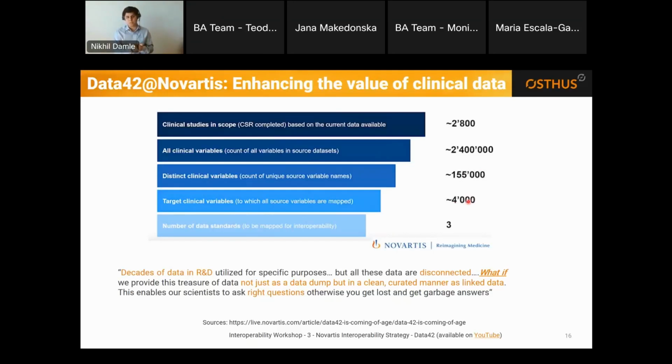The point that I would again like to emphasize here is that any of these individual clinical variables would not have told you so much about your research or the results. But now when they come together, when they become interoperable and linked, they tell you a much better story or much better results. So this linking of data assets really has an impact in shaping your results, which is important.